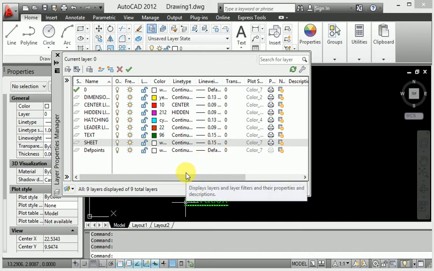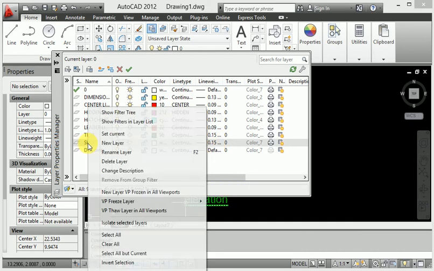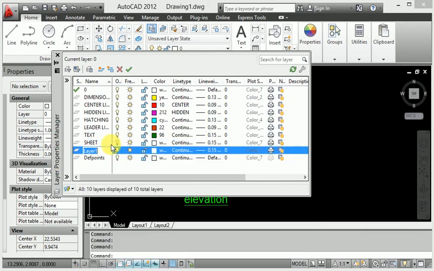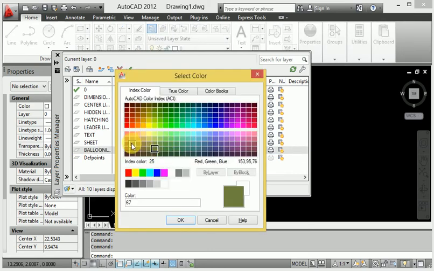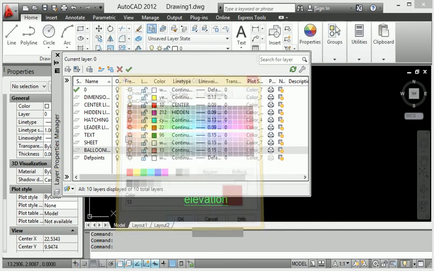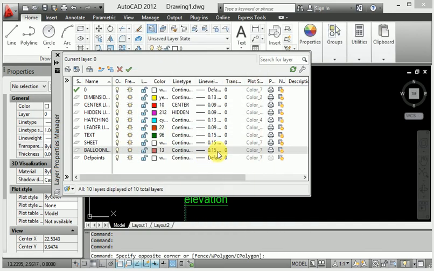Okay, so again I will use another different layer, like ballooning. When you click the ballooning layer, I provide the ballooning name here, and the ballooning color is this type of color. Then continuous ballooning has been set.